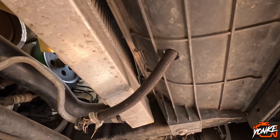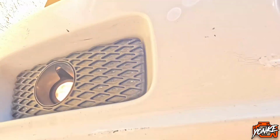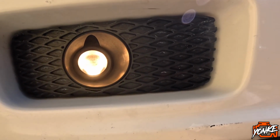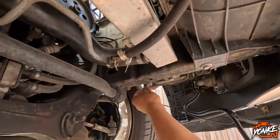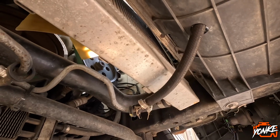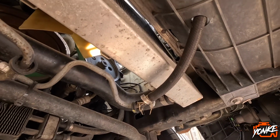So I ran the power directly to the battery up there in the engine bay to test to see if these lights work, and I'm pretty sure you guys can see it right there. The light is on. So we have to figure out a power source up in the fuse box and figure out a good ground for this